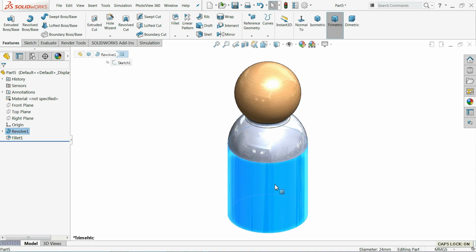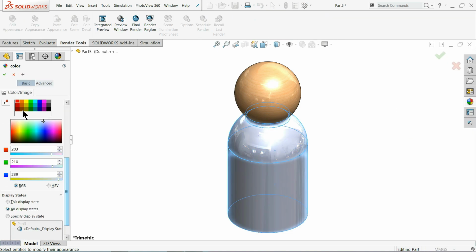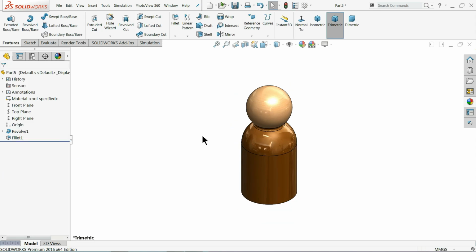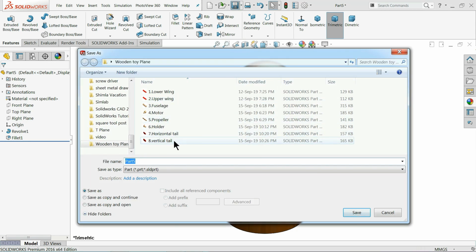Now let's choose these bodies, go to appearance, and here you can apply some dark material. Okay, and let's save this as a pilot, wooden pilot actually.